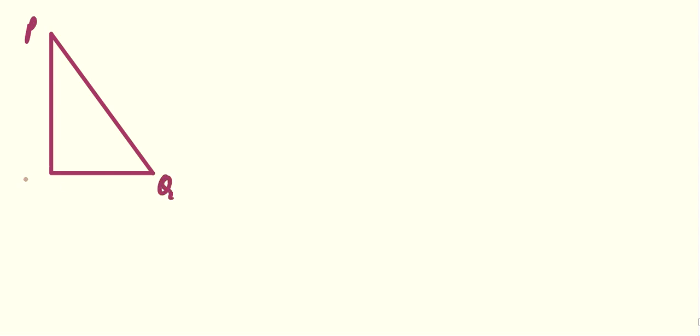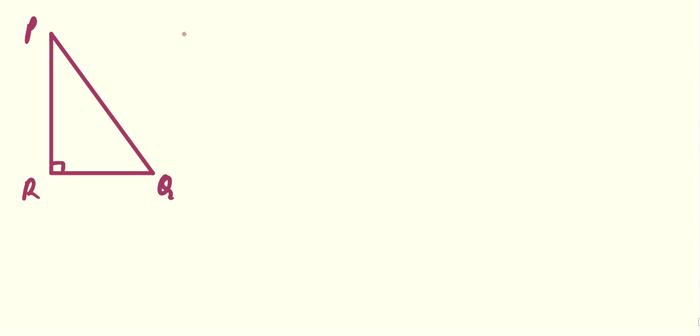Question number 2 is the same as question number 1, and actually question number 3 is also the same, but one decimal value is there. That's why I am solving question number 3 here. So in question number 3 you have triangle PQR, right angled at vertex R. So this is P, this is Q, and this one is R. Right angle is at vertex R, so you have to write R here.